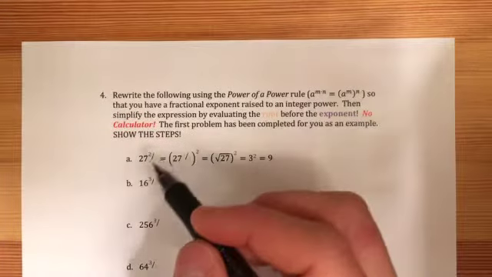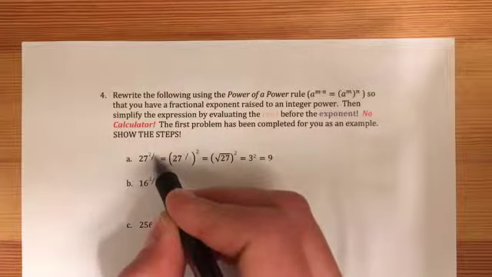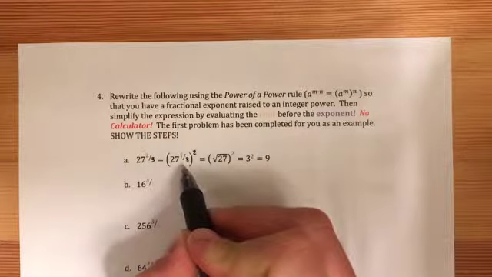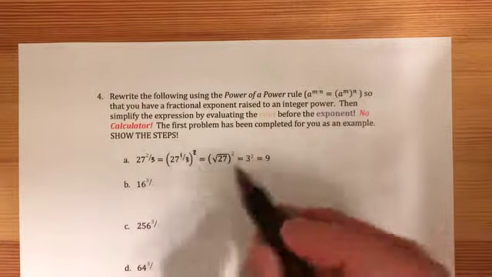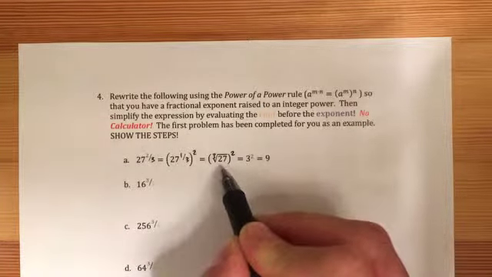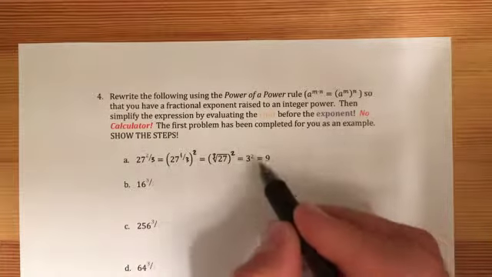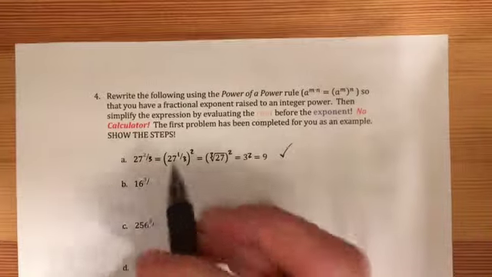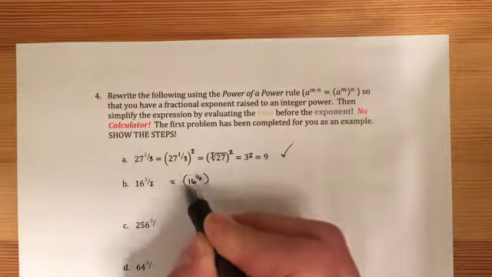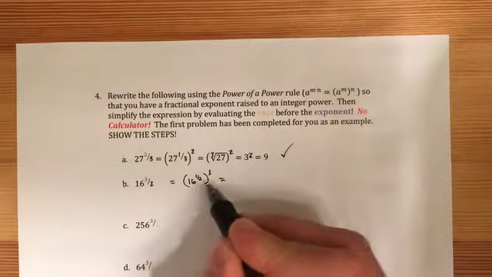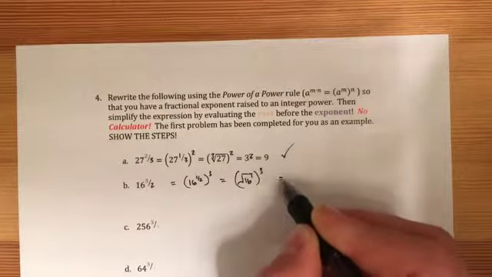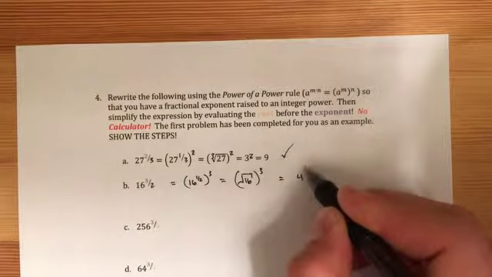So I'm not sure if you can see the colors here, but what this says is 27 to the 2/3. And that equals 27 to the 1/3 squared. So that's what I mean by having a fractional exponent raised to a power. But we know that 27 to the 1/3 is the cubed root of 27. And so the cubed root of 27 is 3, and 3 squared is 9. So this says 16 to the 3/2. So the first thing I want to do is write it as 16 to the 1/2 all cubed. Now 16 to the 1/2, that's the square root of 16 all cubed. And the square root of 16 is 4, and 4 cubed